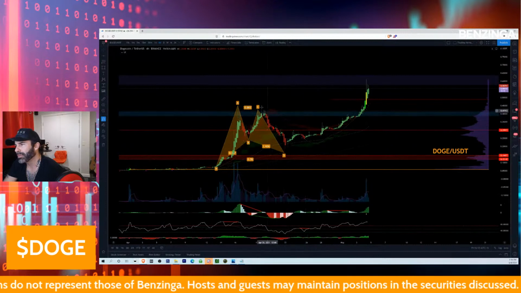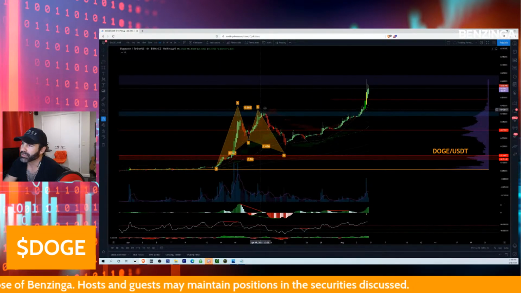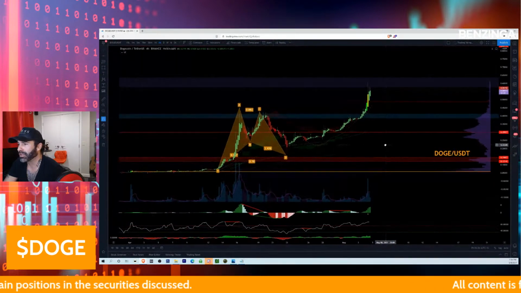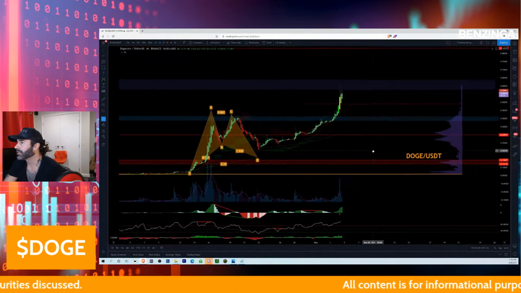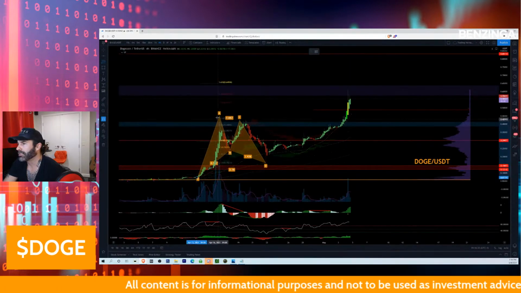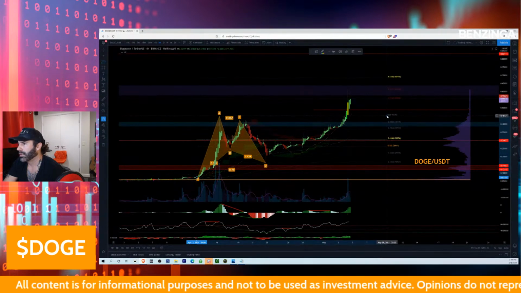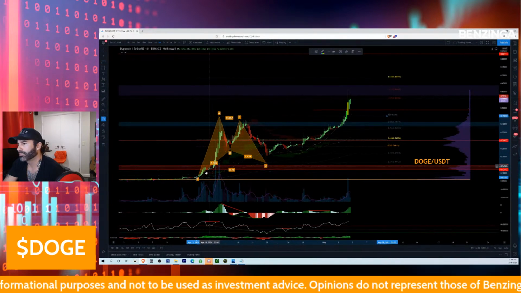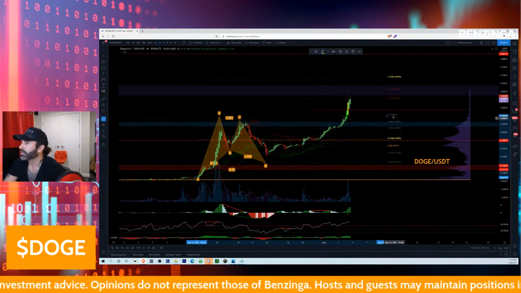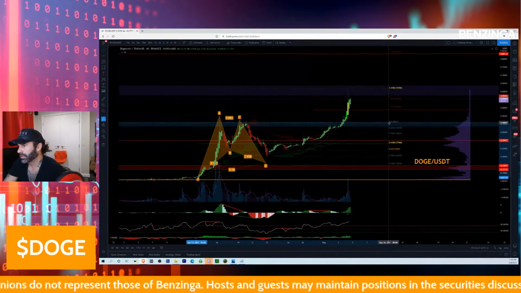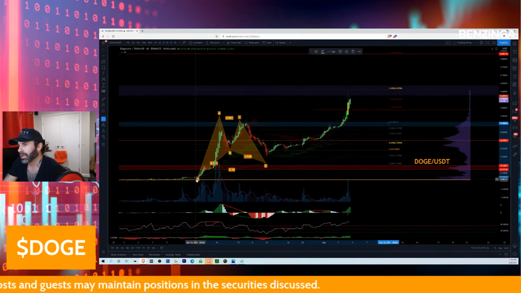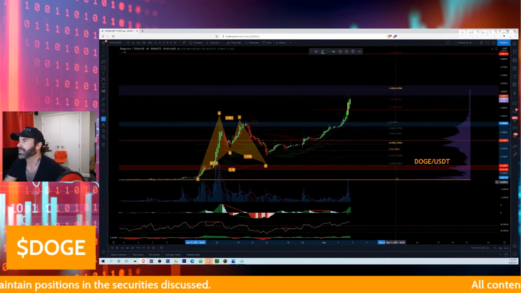On a harmonic structure like this, generally your C and your A points are going to be some of your first targets, but further than that, you want to take a Fibonacci retracement tool on the XA wave of this harmonic structure. My original target we talked about last week was